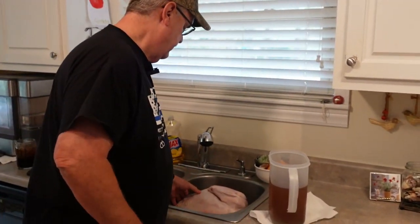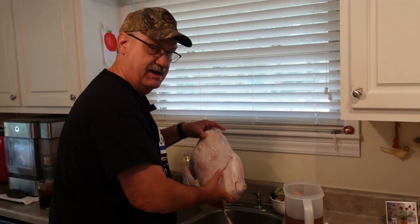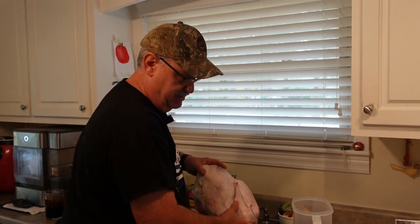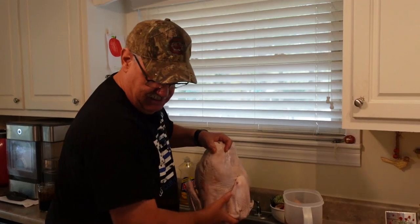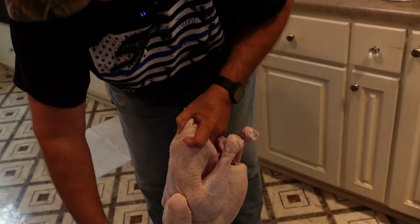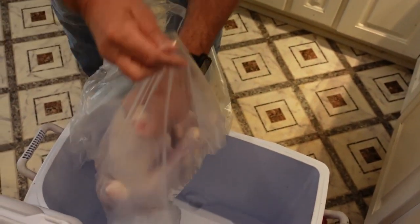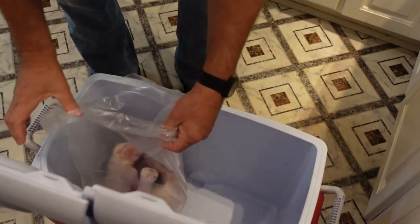Okay, well, it's day 3. We got our brine made. It's time to put the turkey in. Now what I'm gonna do is I'm just gonna take the turkey. I have washed it out. If you have a little bit of ice in the turkey still, that's okay. If the neck and the giblets and all of that come out easy, you're thawed enough, and this is gonna help. So I'm gonna put this down in the bag